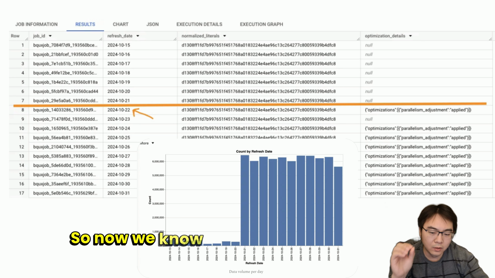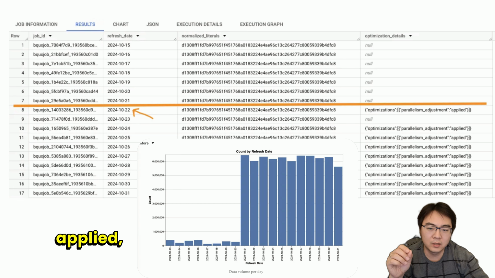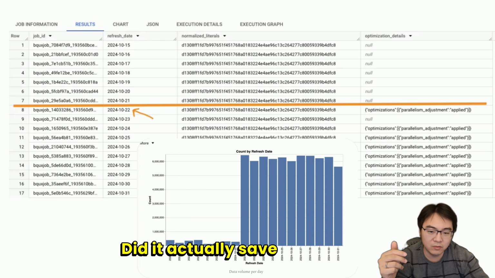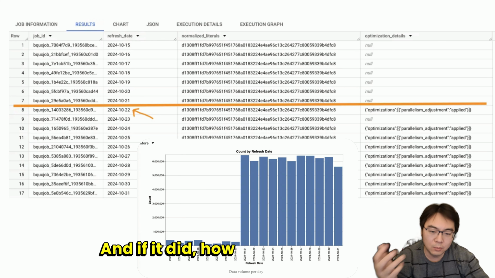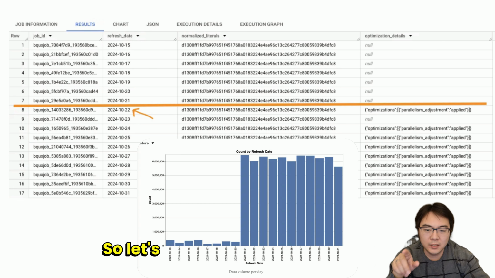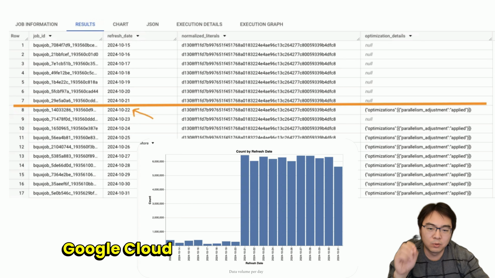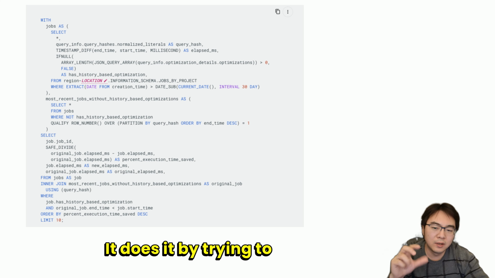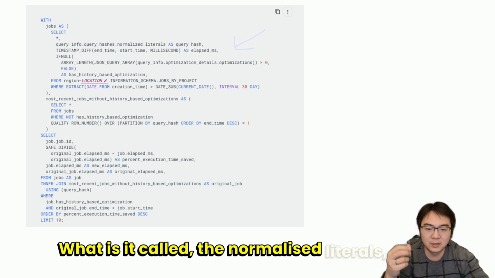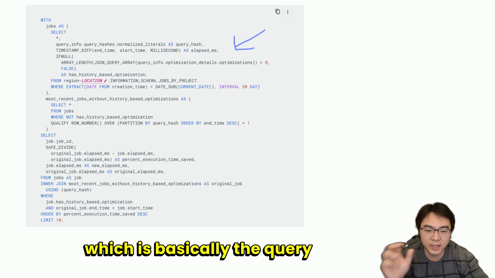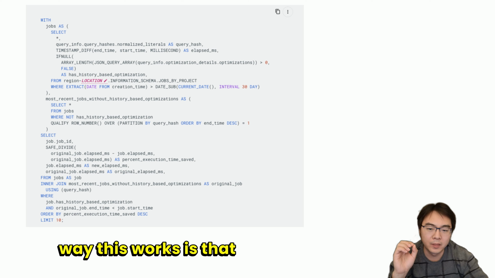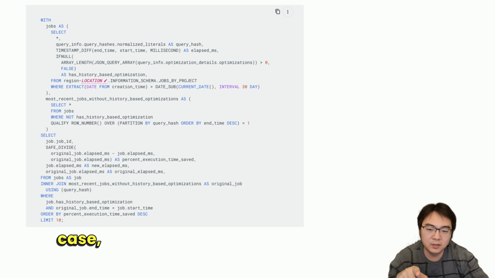So now we know the optimization has been applied, but what is actually the impact, right? Did it actually save cost? And if it did, how much, right? So let's look at this query that Google Cloud provided in this example. It does it by trying to link the normalized literals, which is basically the query hash. The way this works is that if you have, in this case,